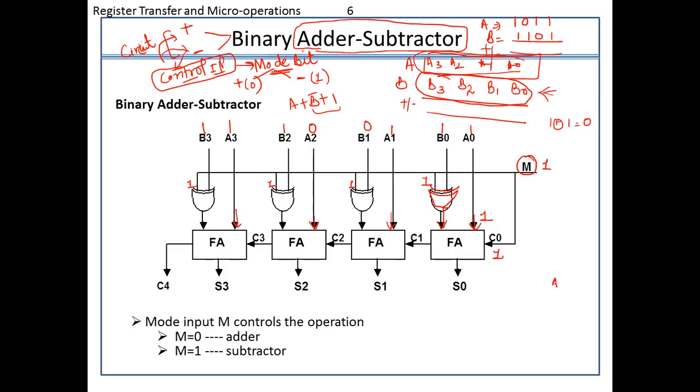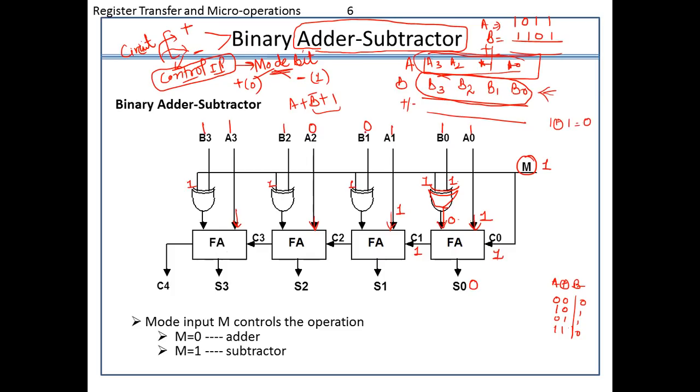So if I have to design A XOR B here, so for 0 0, the output will be 0. For 1 0 or 0 1, the output will be 1. In case of 0 0, the output will be 0 in case of XOR gate, right? So that's why for 1 XOR with 1, I will get 0. So 0 plus 1 plus 1, 0 as a sum and 1 as a carry. Okay, so let's proceed ahead.